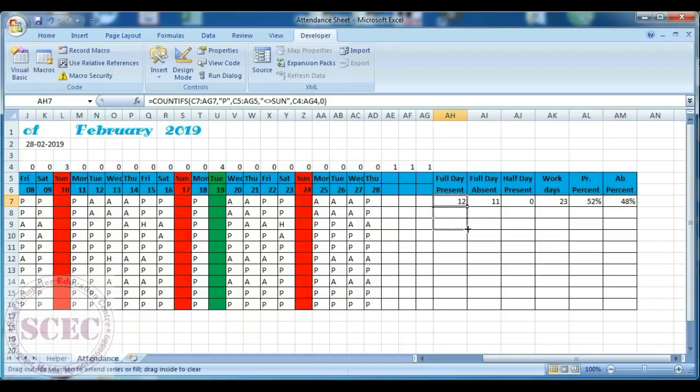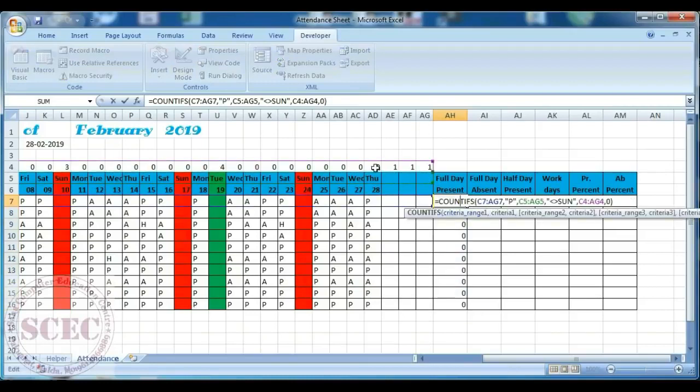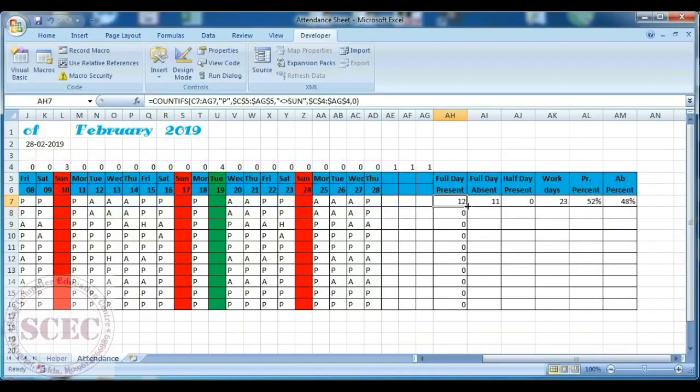Now here if we drag this number, we are not getting the result. Why? Because here we have not locked this one and this one. So this one is row number 4 and this one is row number 6. So row number 4 and row number 5, row 4 and 5 should be locked. So here is row 5. To lock this, press F4. And now drag, is all okay.